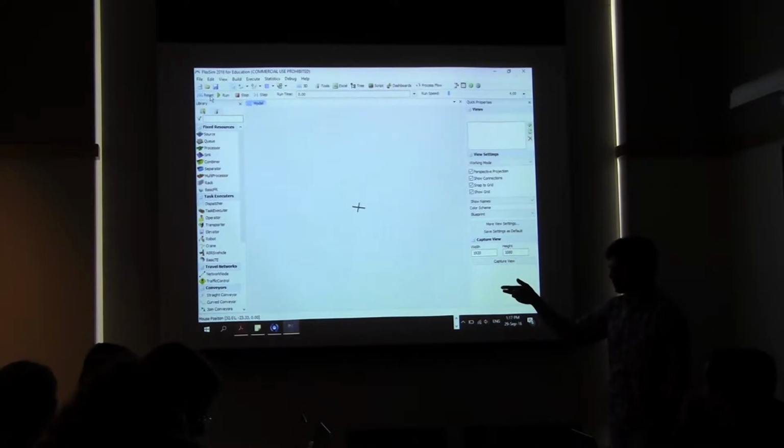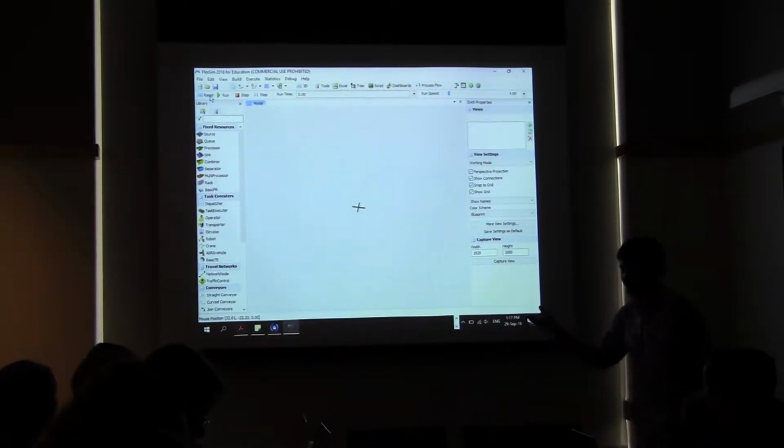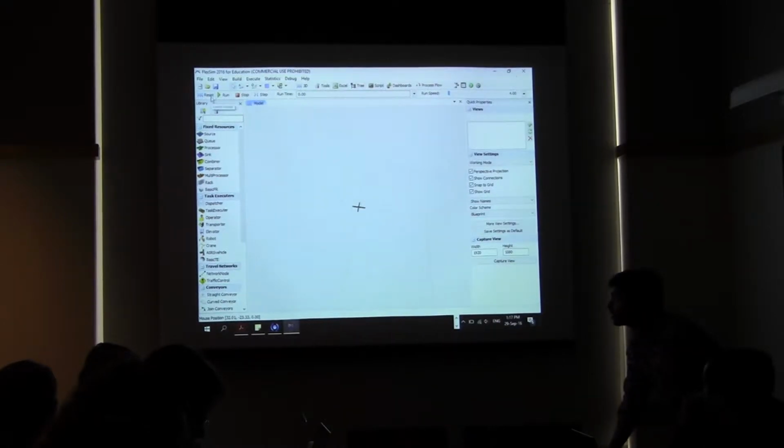Do it at least 2 times whenever you reset it, because sometimes there is some issue with it. It doesn't reset on doing it once. I've faced that a couple of times. Run, you need to run the simulation. Stop, you can stop it. Runtime, you can